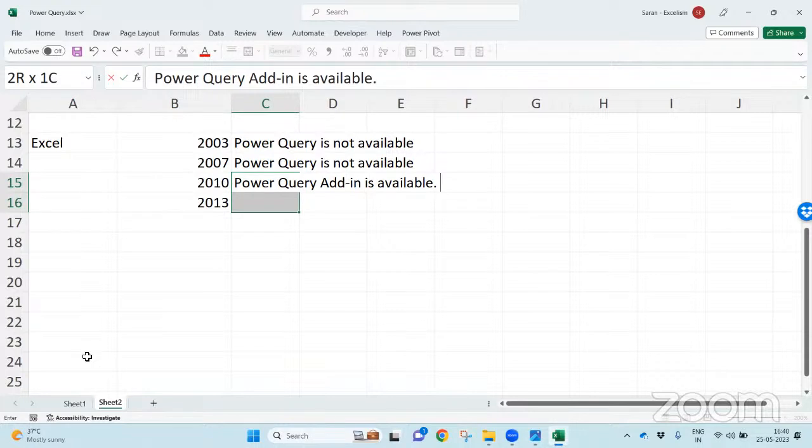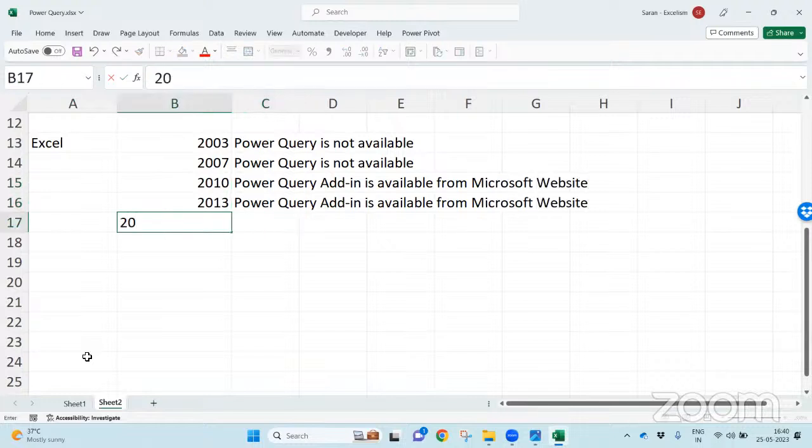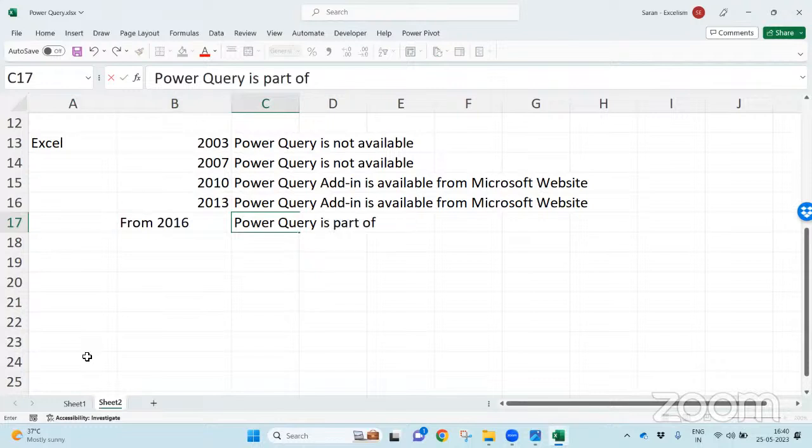This must be downloaded from the Microsoft website. From the 2016 version, Power Query is part of Excel, integrated with Excel.